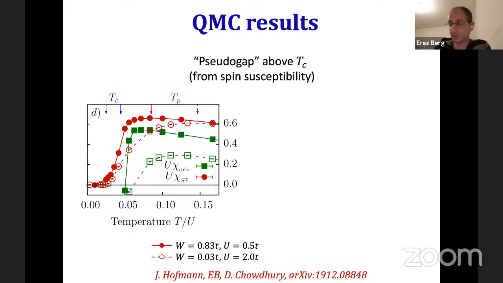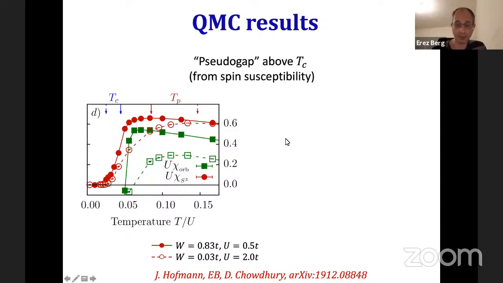So this is the picture. It's kind of a preformed pair picture, if you like. The bound states start forming well above Tc, and the pairs become phase coherent only at a much lower temperature. You see that in the more dispersive case, which is the solid line with filled circles, the suppression of the spin susceptibility starts only slightly above Tc. Okay, so there's a much smaller